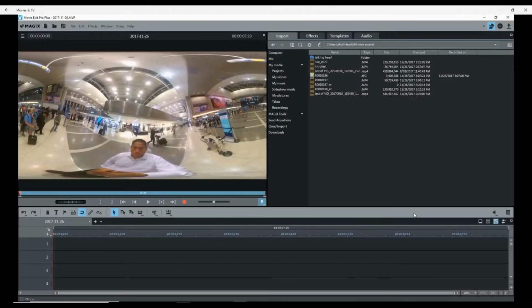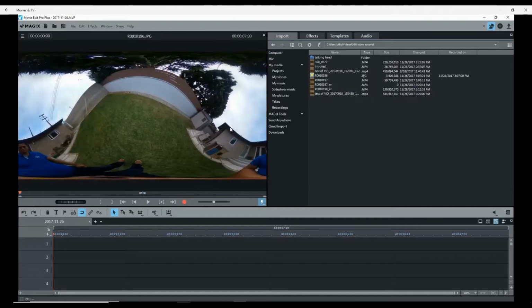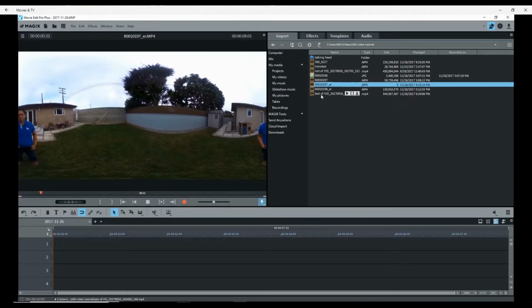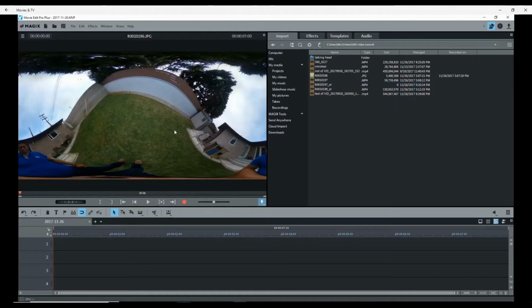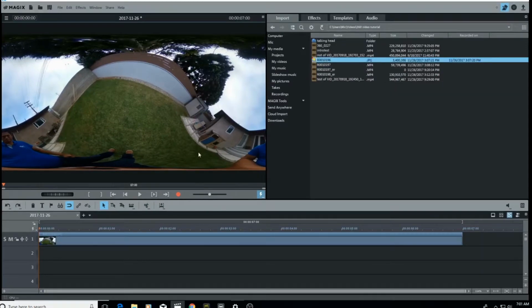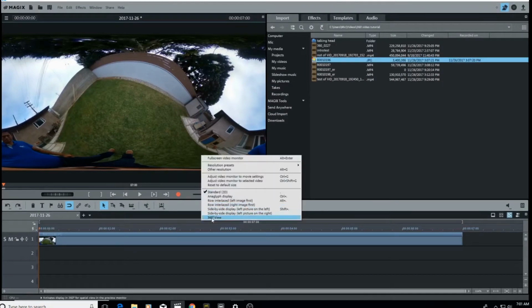So let's start with leveling the horizon. Sometimes you see a photo like this or a video like this where the horizon is not level. See here, for example, it's level, but here it's not level. And for 360 photos and videos, this is a big problem because if you look at it in 360 view,